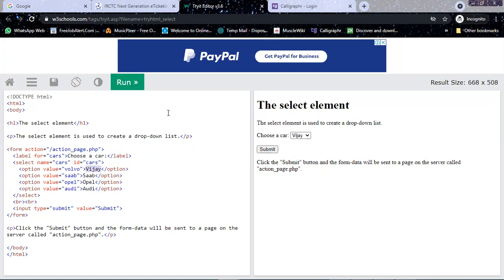So this code is written in HTML, sir? Yes. All your UI will be in HTML only. We can't use Java to build UIs? Java, you can use it for desktop applications.